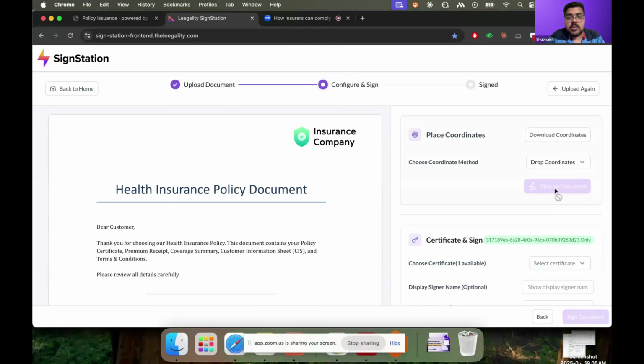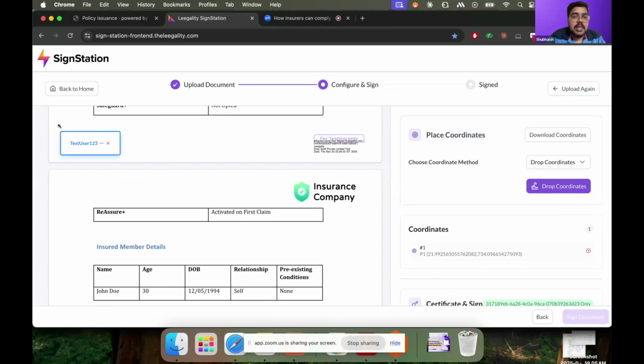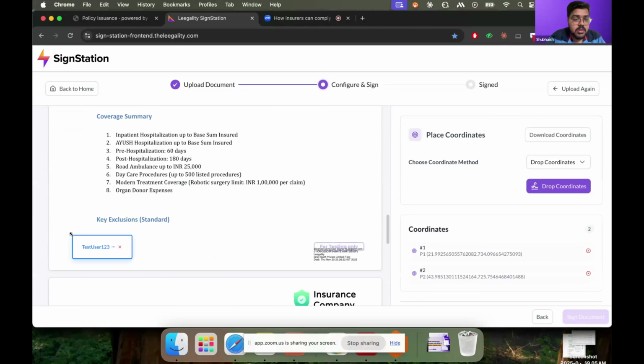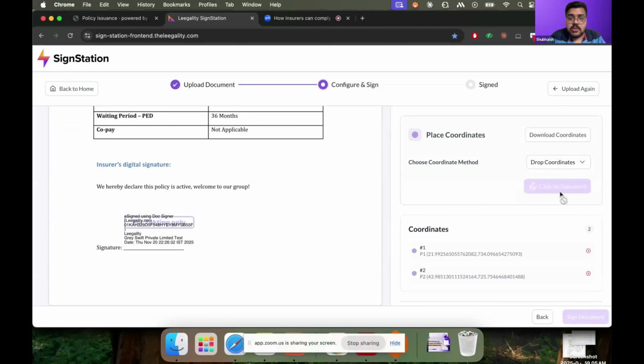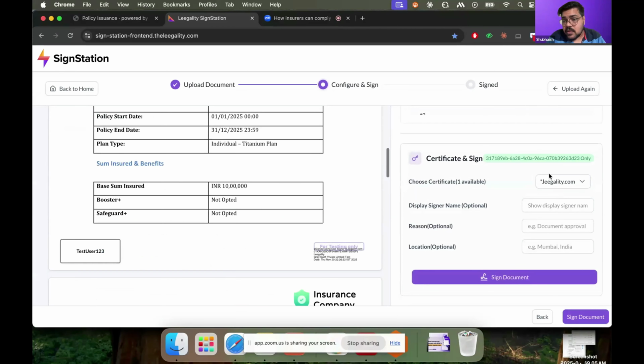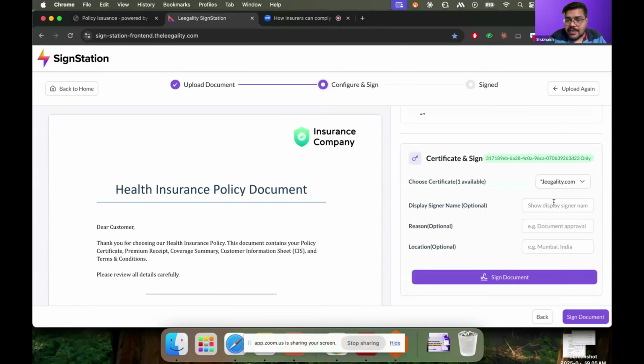I'll add coordinates wherever I want to sign. Let's say I want the signatures to come here in these 3 locations. I'll select the certificate. Let's say I also want to put the name, health insurance, reason, issuance. If you also want to check where this policy was issued, you can pass that in location also